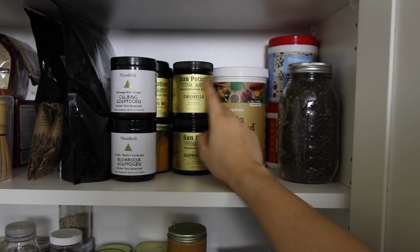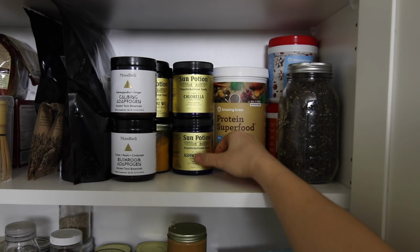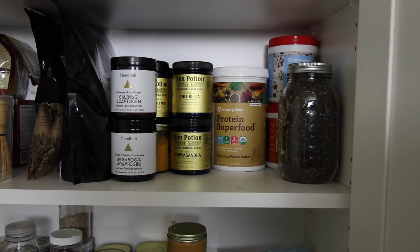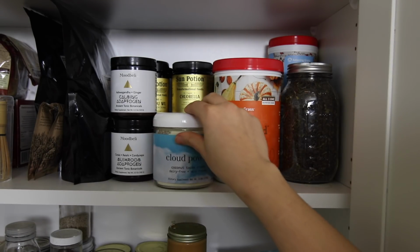And then I have some Sun Potion stuff. I actually bought all these with my own money. They didn't send me anything. On Thrive Market, because they were really trendy for a while, and I kind of wanted to try them out. And I like them, but again, you know, broccoli and raspberries are superfoods too, so you do you and what